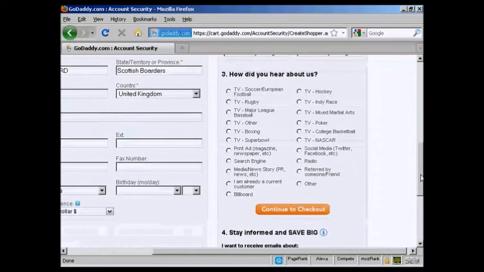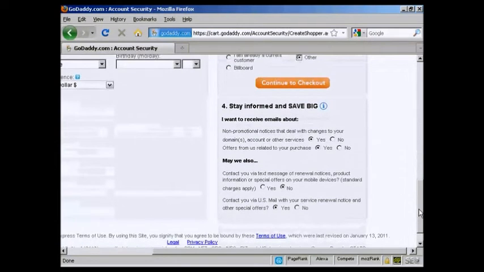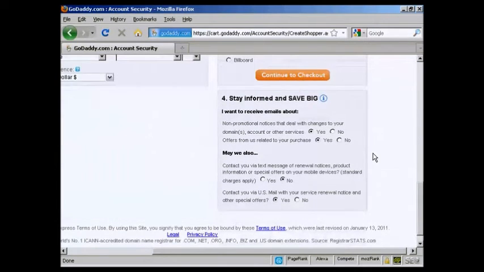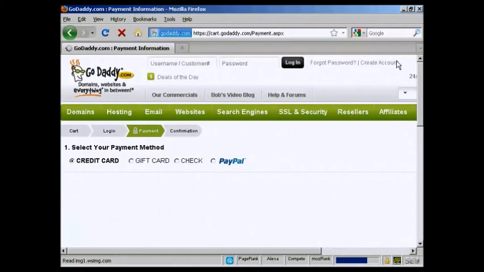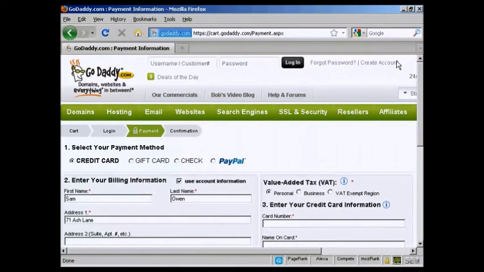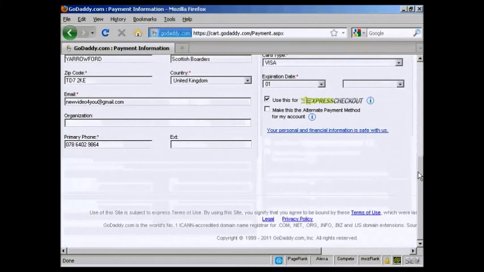And they want to know how they heard about them. I'm just going to click on Other. Also can select whether you want to receive email messages and so on. I'm going to leave it as it is and just go Continue to Checkout. And I don't want them to remember that, so we'll clear that. And then it takes me to the final page where I enter my credit card or PayPal information